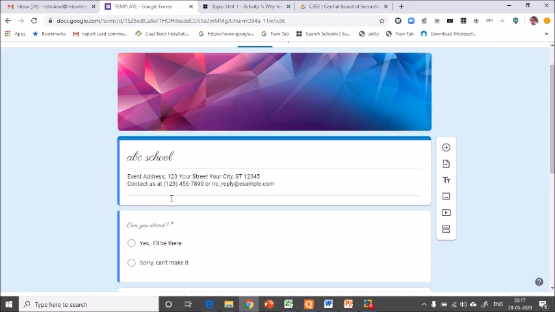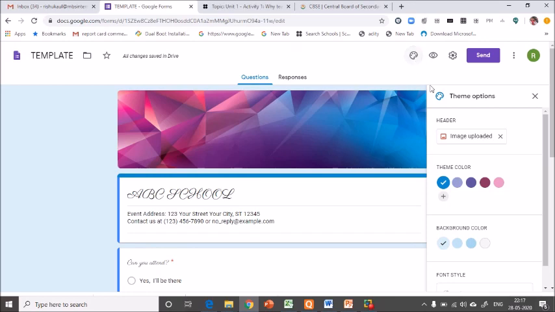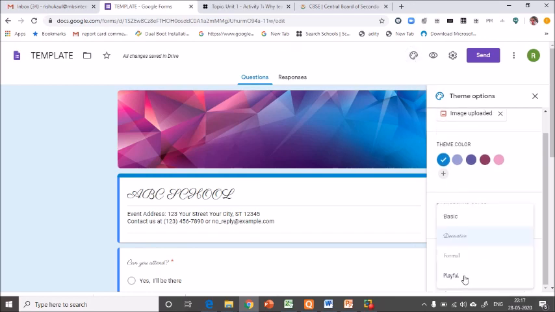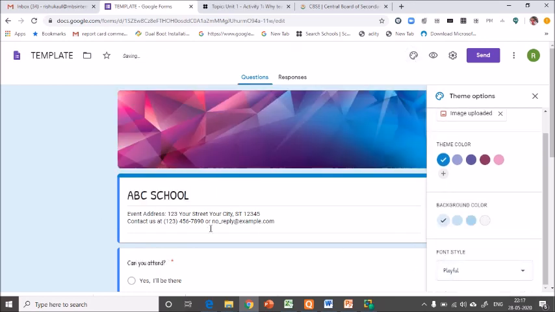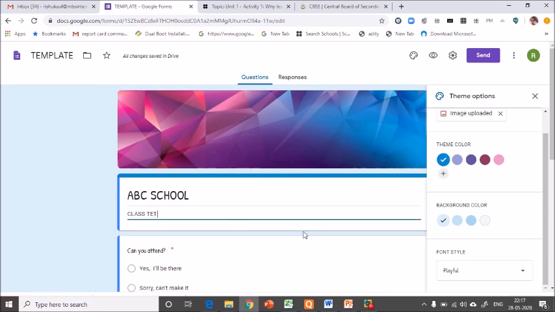Here I have written the name of my school. Let's take a normal font so that it's easy to understand. So here I have written class test